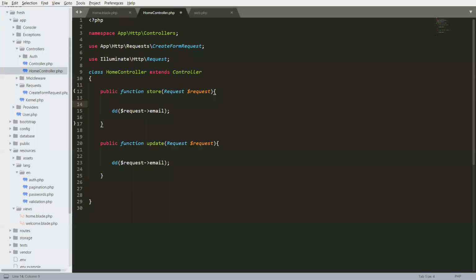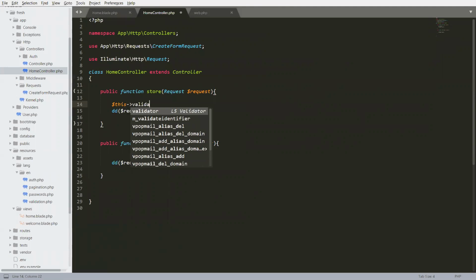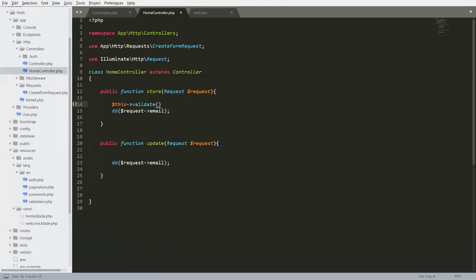So we have already seen our validation with request objects, and this validation is for only one method. In each method in the controller where you want to validate, we have to write the validation method, just like we have validate, and give the request object